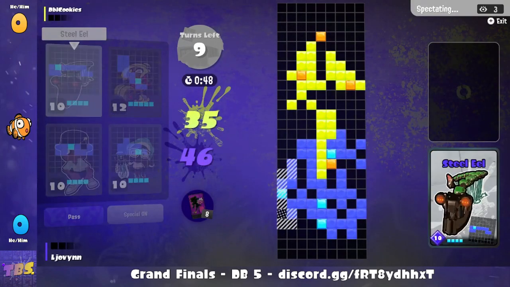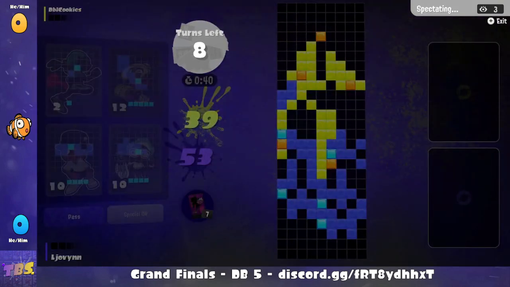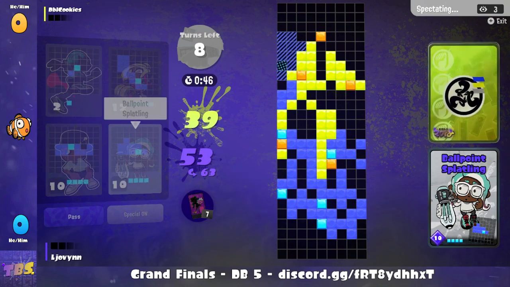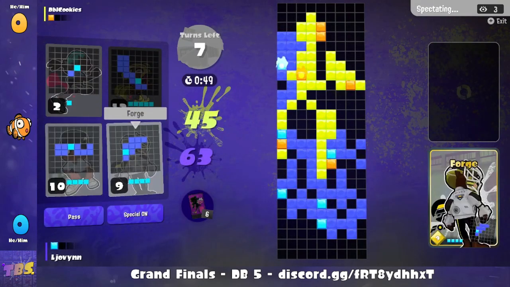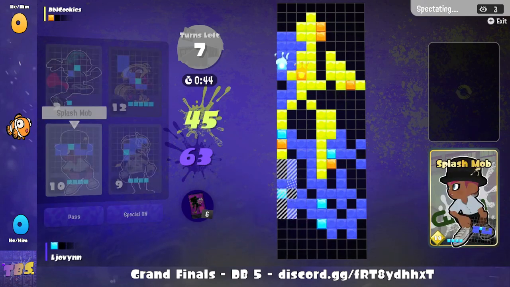Ljovynn, not with the most options, did see the Steel Eel play on the left side, however, and is likely going to be using that as a means to try to wall off. DblCookies getting a bit too aggressive with the push there, however, and Ljovynn is now going to... Yeah, they're going to immediately follow up with the ballpoint flatly. Activates the special point for DblCookies, and for himself, Ljovynn does, but I'm not too sure what follow-up Ljovynn has,